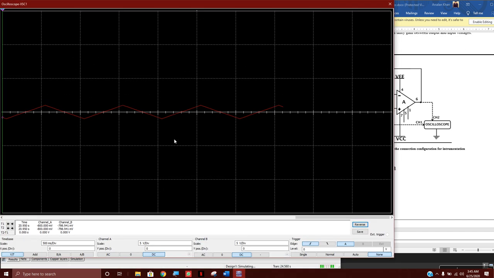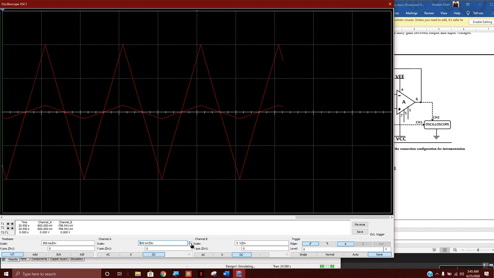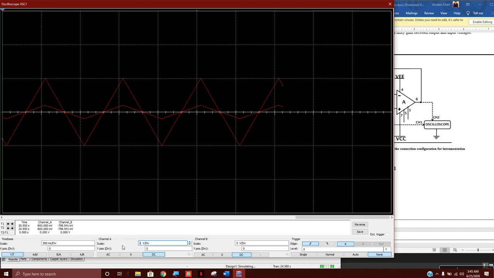Now it might seem कि ये एक ही आपके पास आउटपुट आ रहा है, but no, these are two outputs. Okay, see here कि मैं अगर अपने इनपुट का स्केल बढ़ा रहा हूँ, मैं जस्ट स्केल बढ़ा रहा हूँ कि मैं उसे 1 वोल्ट पर डिवीजन कर दूँ. सही, this is 1 volt per division, ये एक डिवीजन कहलाएगी. तो क्या होता है, और जो हमारे पास आउटपुट है वो 5 वोल्ट पर डिवीजन है. सही. Now इसे भी अगर मैं 1 वोल्ट पर डिवीजन कर दूंगा, so they both will become exactly the same,